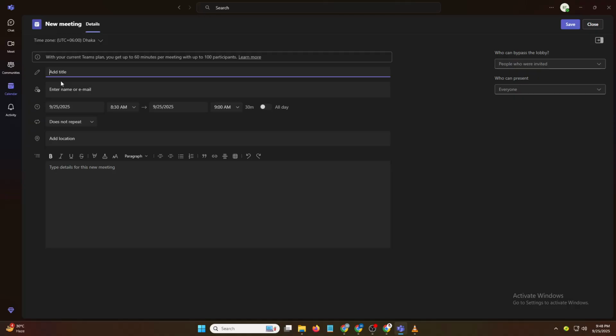Add meeting details. Now it's time to set up the essentials. Title: give your meeting a clear and descriptive title so everyone knows the purpose right away. For example, Weekly Marketing Sync or Project Kickoff. Attendees: under the Invite People or Add Required Attendees section, start typing the names or email addresses of the participants